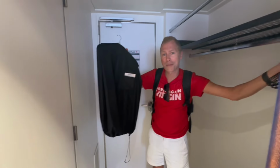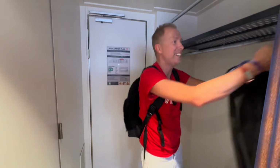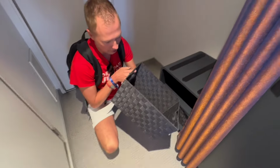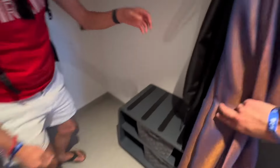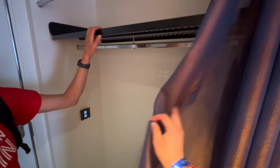One of the perks of Deep Blue Extras, there it is, you get a bag for laundry, which is exciting. Oh, remember these from last time? The baskets. You've got the little baskets to store your stuff in, which is a fun touch. And I love that there's this curtain here, so you can hide it off. I don't want to see my luggage the whole cruise. No way. And then immediately beyond that, we've got...